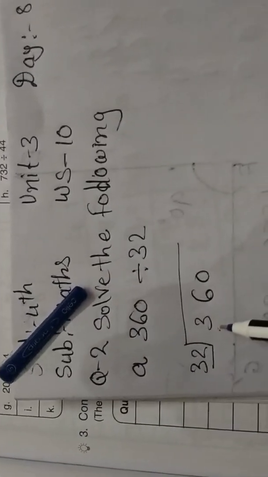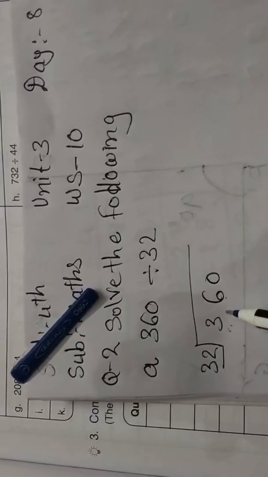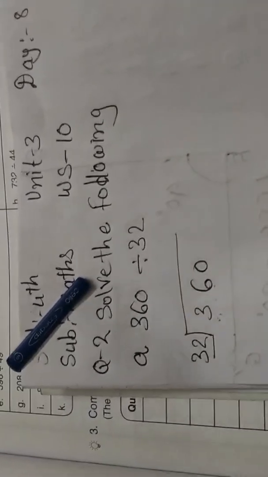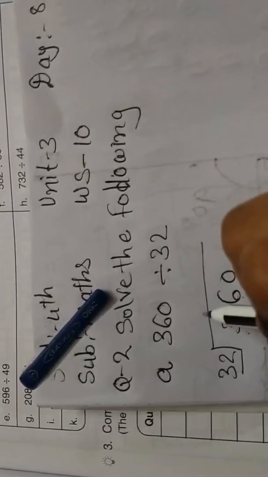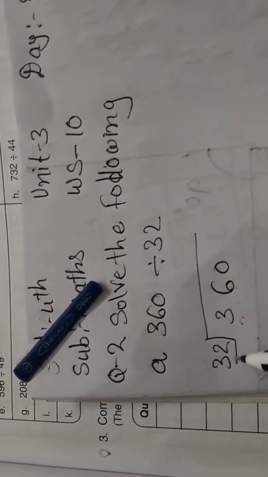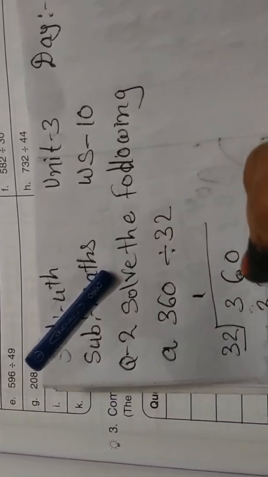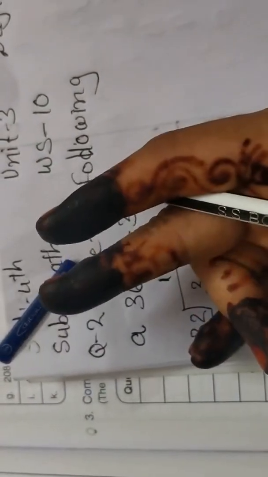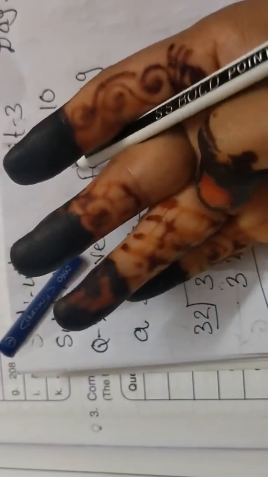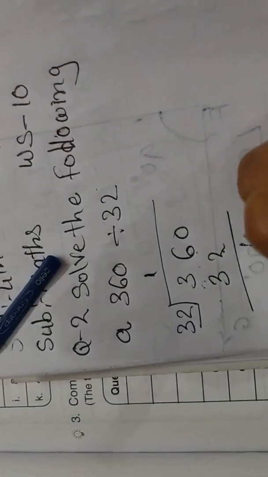Now students, we don't know the table of 32, okay. So first of all our starting number is 36. 32 ones are 32, 32 twos are 64. So 64 is a bigger number than 36. So we'll start: 32 ones are 32. So 6 minus 2. 6 on your finger: 1, 2, 3, 4, 5, 6. Cut 2. 1 and 2 we have to cut here. So the remaining number is 1, 2, 3 and 4. We have to write here 4. 3 minus 3, 0. So students, we have to bring down here 0.